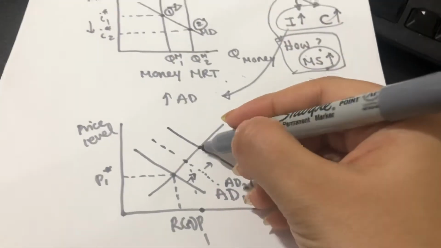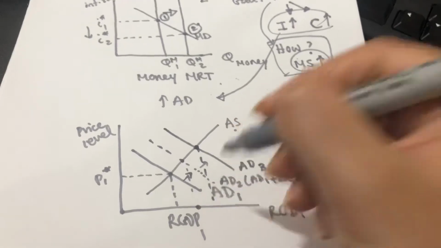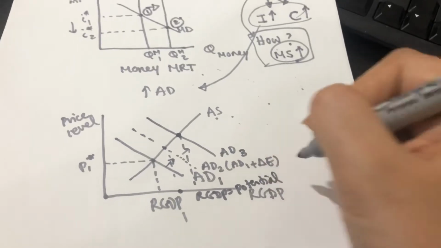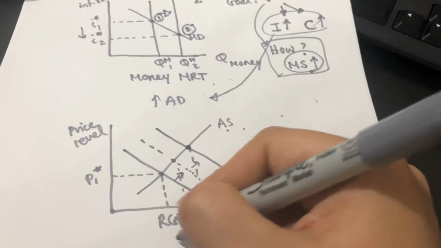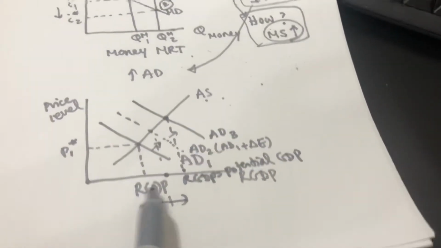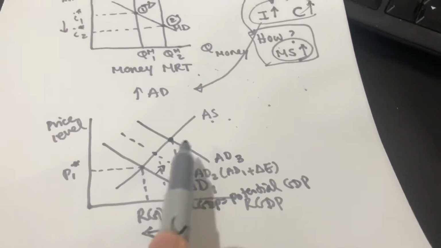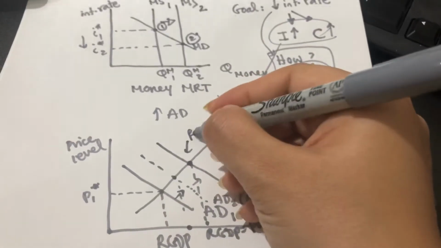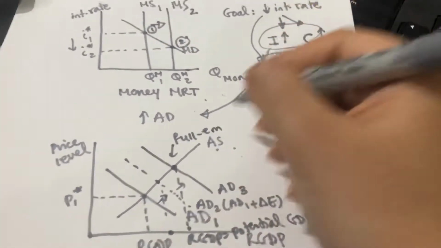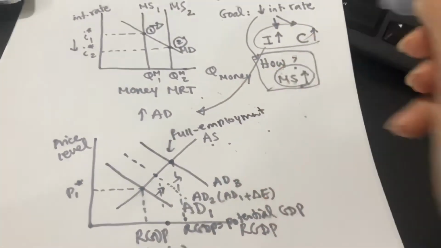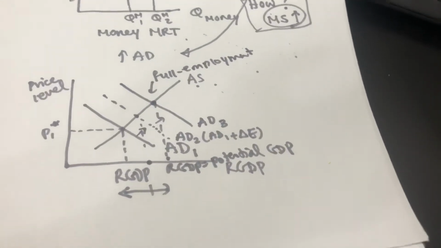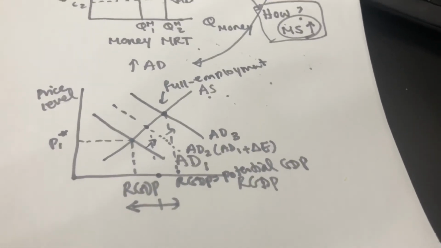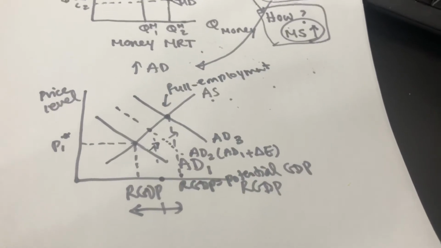And let's say at this equilibrium, real GDP is the same as potential GDP. So we had this much gap again between our actual GDP and potential GDP. Now that the aggregate demand increased, we are back to full employment. We recovered basically from recession. I know that it's easy on the graph. It's not really an easy job in the real world, but that's the model, that's the concept behind all these